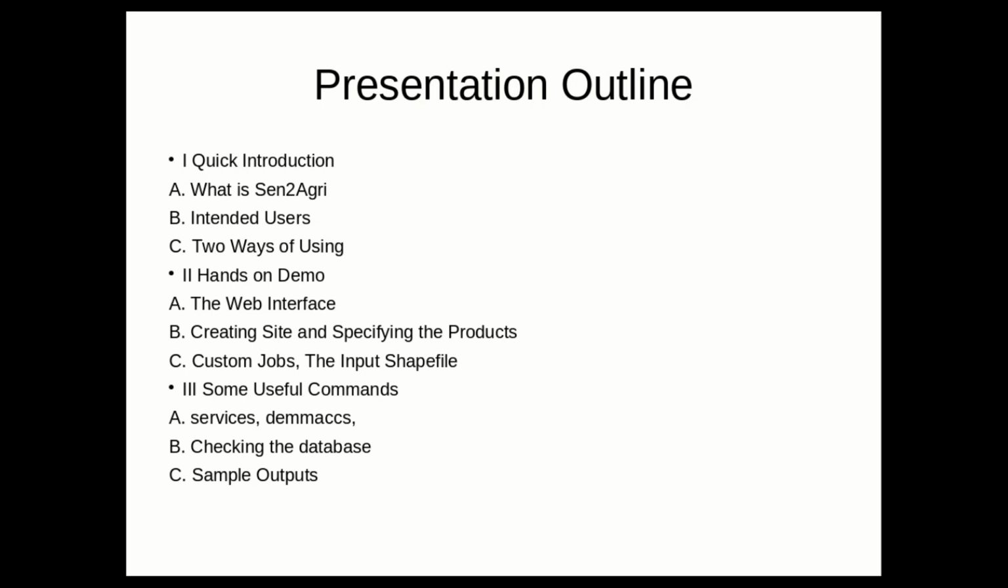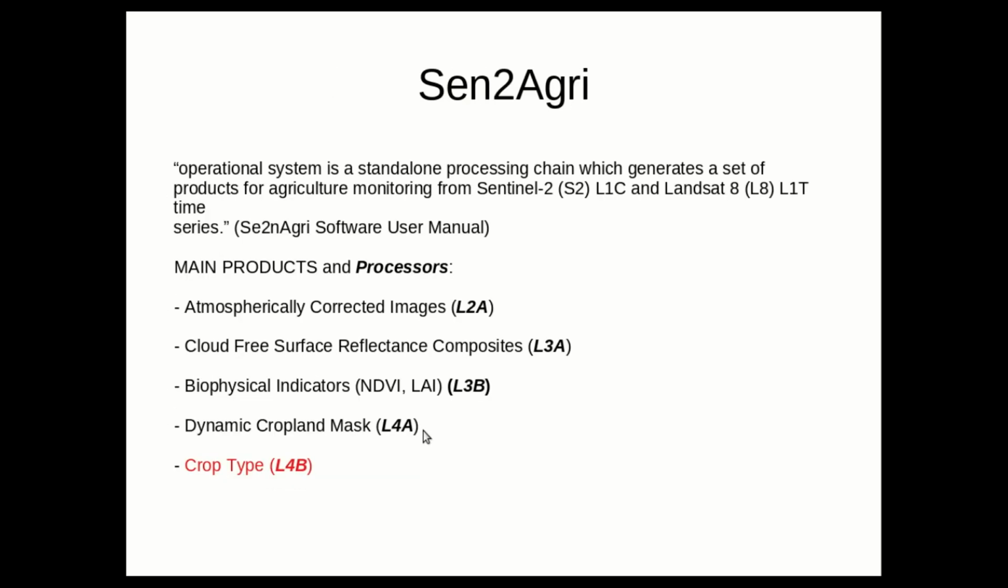And for letter C of part 3, I'll show you some outputs that are generated by Sen2Agri using the training data we gathered from the field. So most of the parts for part 3, letter A and B, will be skipped since these are intended for much advanced users. Now, Sen2Agri is an operational system which is a standalone processing chain that generates a set of